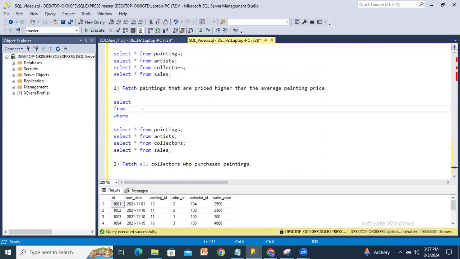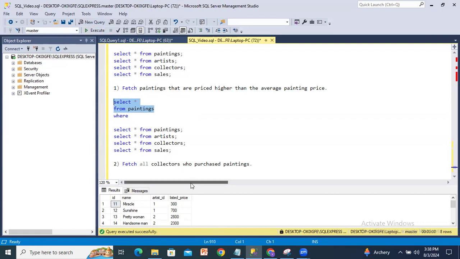So select from paintings. Here I will call with select star. Our query is fetch paintings. Select star from paintings. Okay. Then that are priced higher than the average painting price. So in the paintings table, what is the